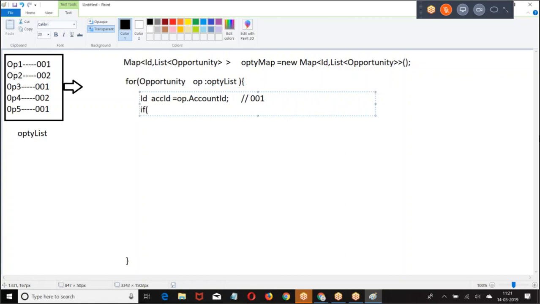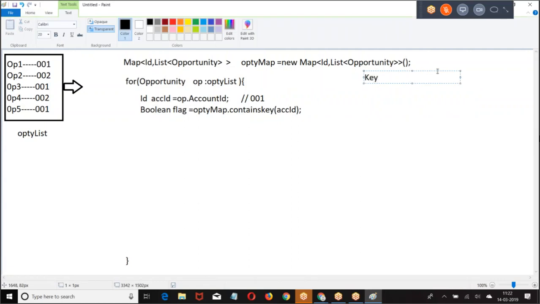Right. Check if, I'll give it a boolean flag equal to optimap dot contains key. Now I asked whether this opportunity map contains the key 001.